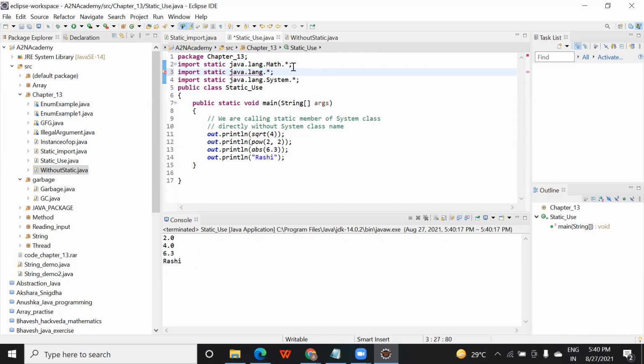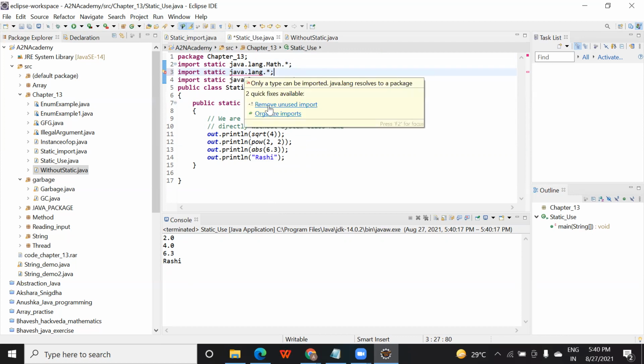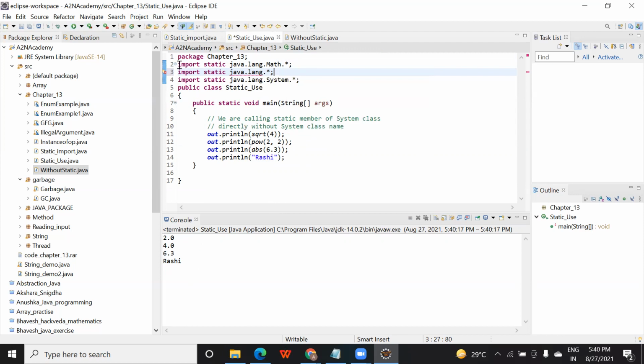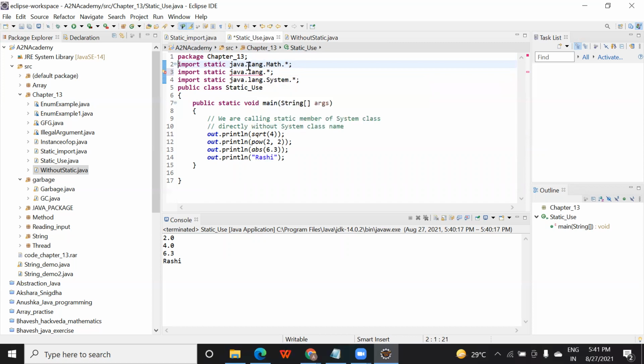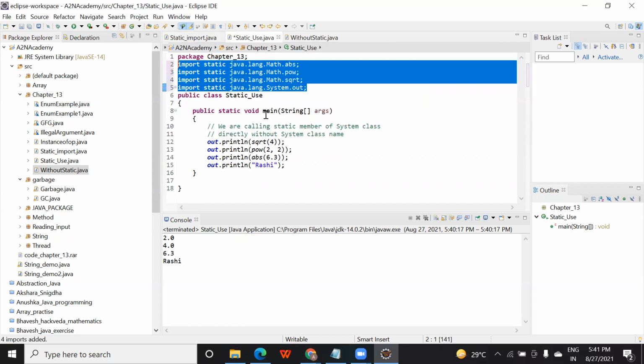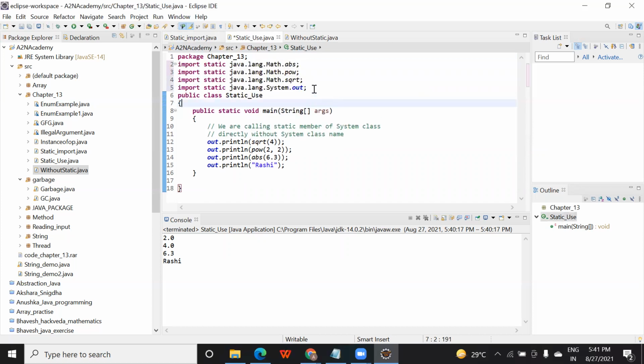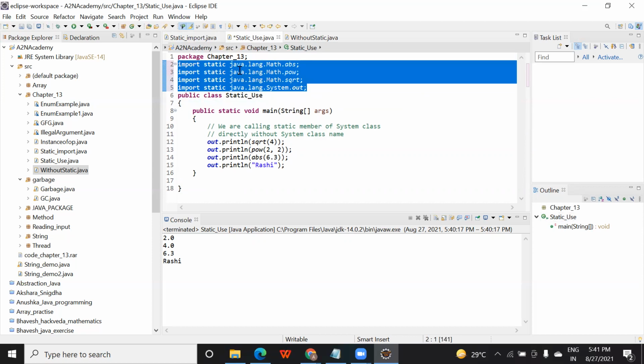Okay, sorry, what happened? Okay, it's showing unused import. Okay, if I comment, double slash, bro, sorry, double slash. Oh, sorry. No, no. Okay. Yeah, like this. You can write it down.